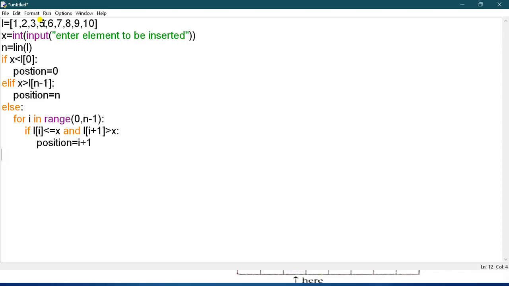Now we are getting the position, so till now we are just getting the position. So here we have to insert an element that is none, okay. So now none is appended at the last, so here you have to shift the elements, so I have to use the reverse loop, okay. So n is position, and the loop will run in reverse.